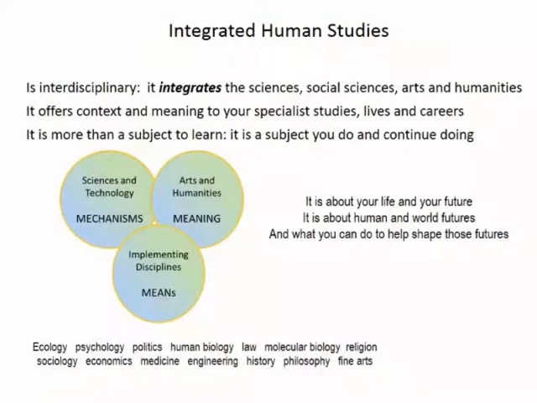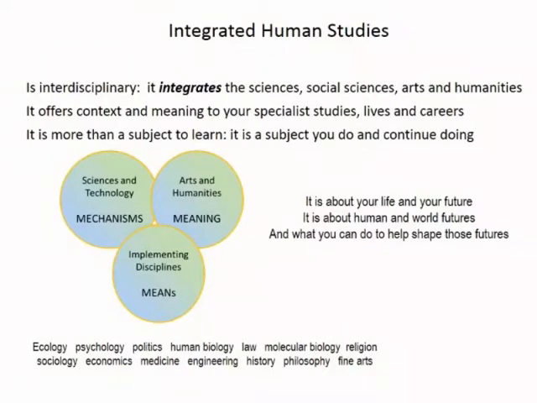Okay, so let's look at Integrative Human Studies from a slightly different direction. How do we teach it? What is it? Well, it is keyword integration. It is bringing together things to make more sense of very complicated and complex world issues. It pulls together the sciences, the social sciences, the arts and humanities. It pulls together specialist studies and indeed professions, anything that is likely to help us understand humanity and promote human well-being.